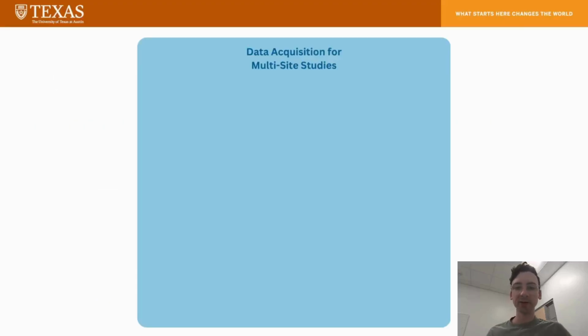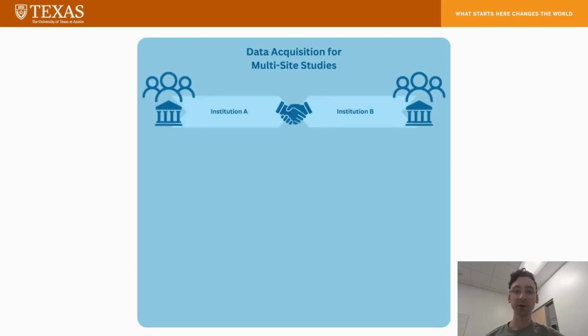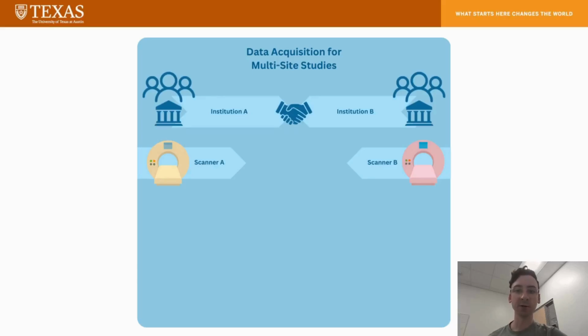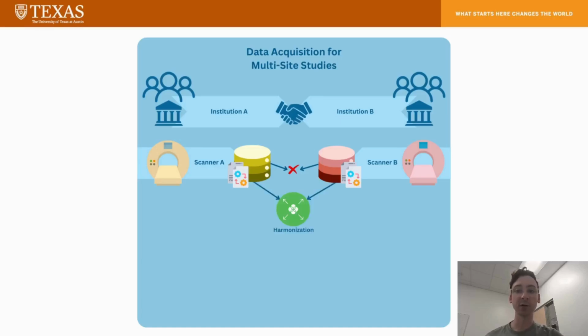When starting a multi-site study, institutions will agree on a protocol for data acquisition before the subsequent analysis. In practice, scanners across sites behave differently due to differences in vendors or software versions. Even importing scan cards will not guarantee the equivalent protocol due to these differences. These differences can be accounted for using data harmonization before the analysis, but this is challenging and has its own